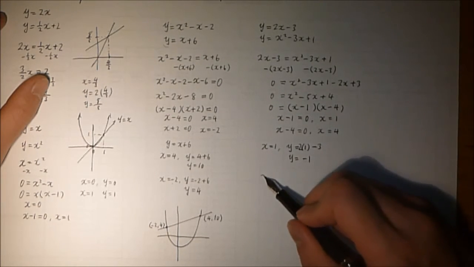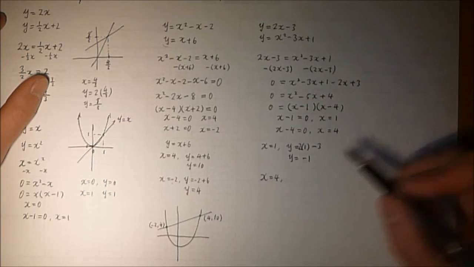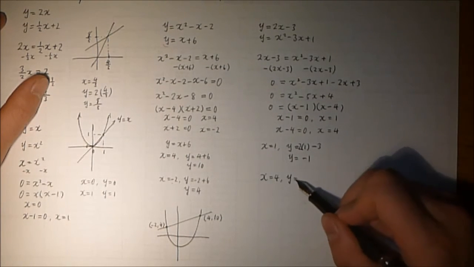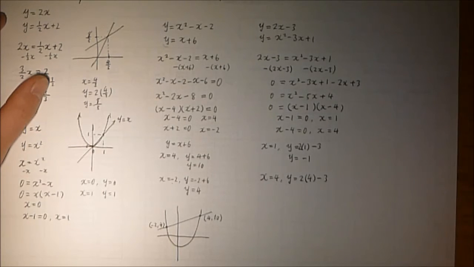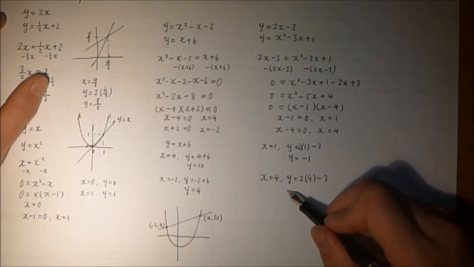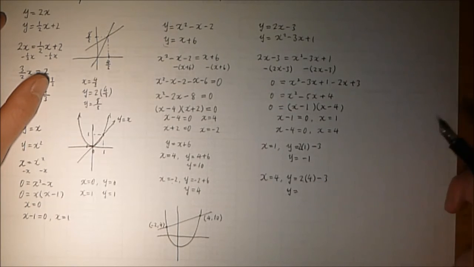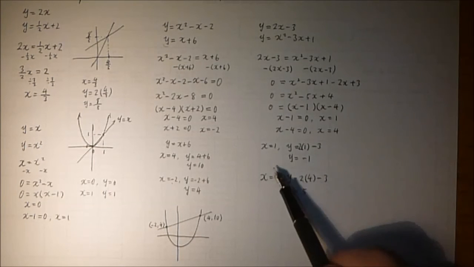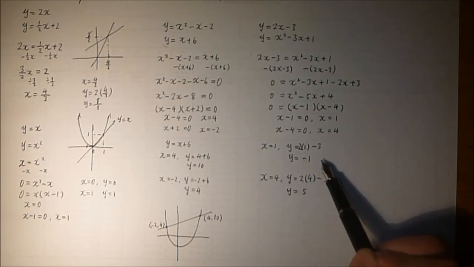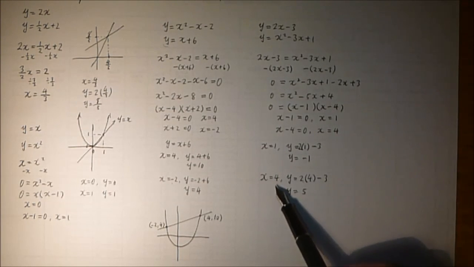And then when x equals 4, y equals 2 times 4 minus 3. So y equals 2 times 4 is 8, 8 minus 3 is 5. So the first intercept is at 1, minus 1, and the second one is at 4